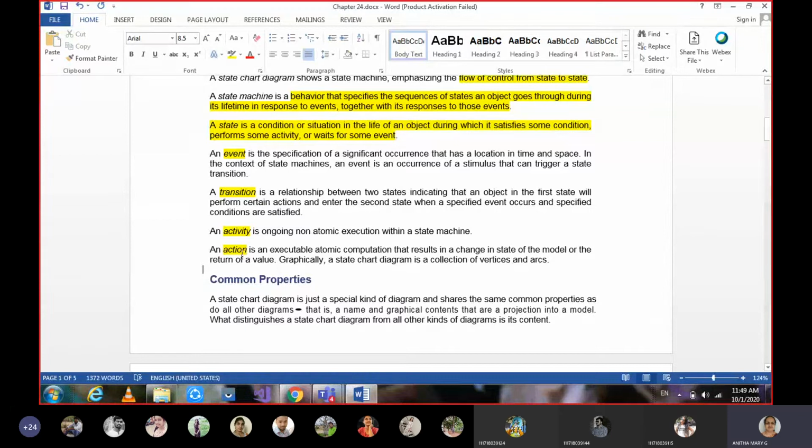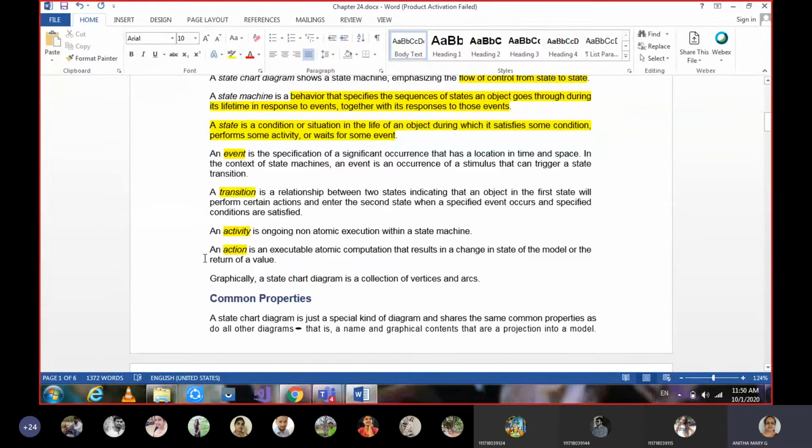Whereas an action is of insignificant time and is atomic. Atomic means it cannot be decomposed further. It is already in a simple form, which is not complex. It's at the lower level, and still cannot be decomposed. It's in the simple form. So these are the different definitions in today's topic.